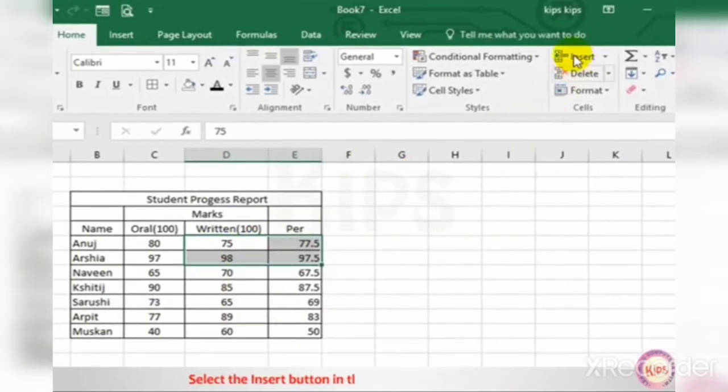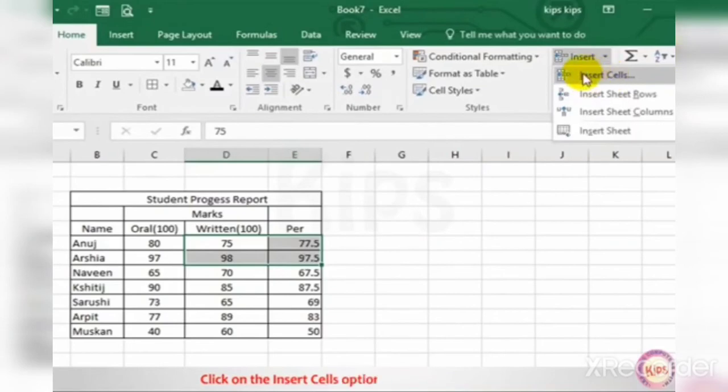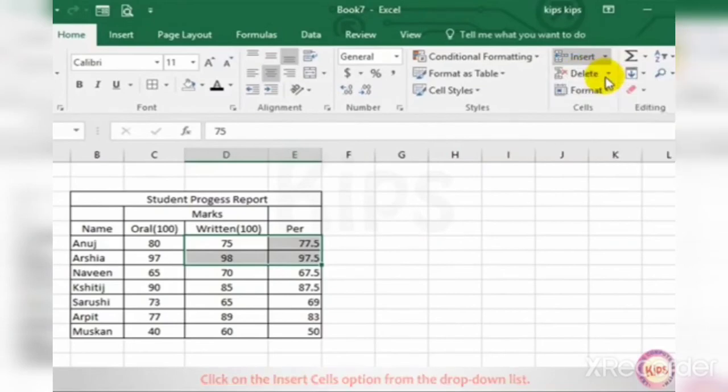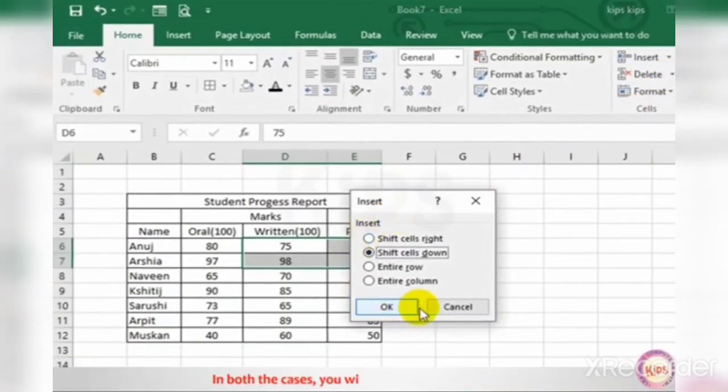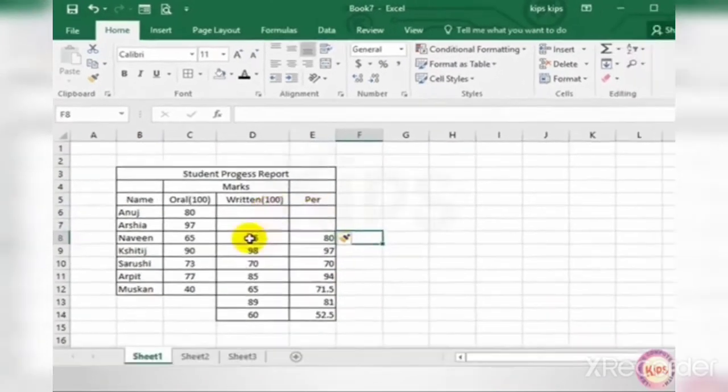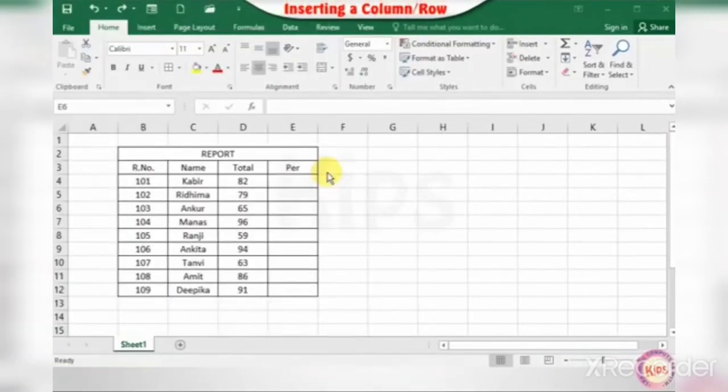You can see the insert option. Or select the insert button in the cells group. Click on the insert cells option from the drop down list. You can see, in both the cases you will get the insert dialog box. There are 4 different options to choose within the dialog box. Select the desired option and then click on OK. You have seen the cells have been inserted.